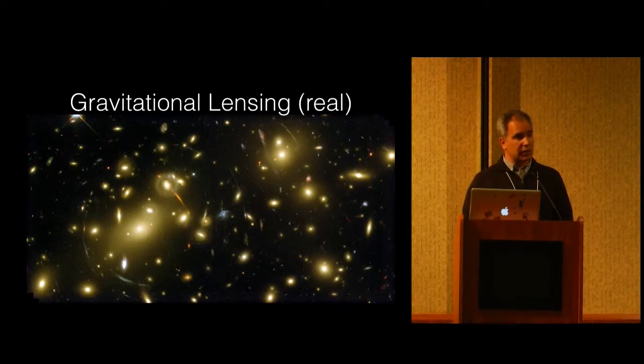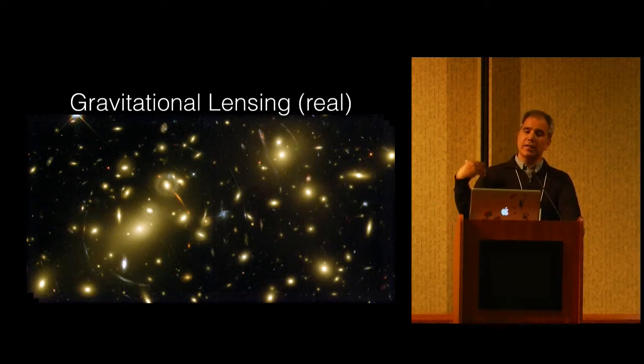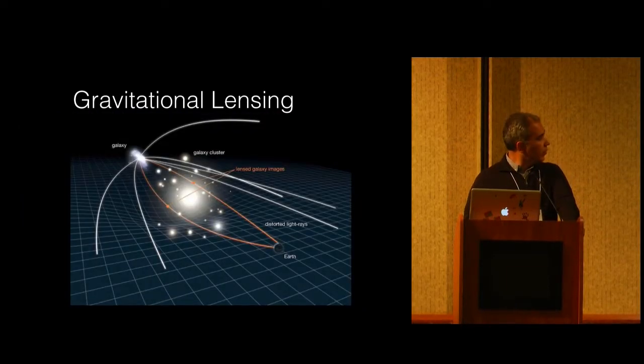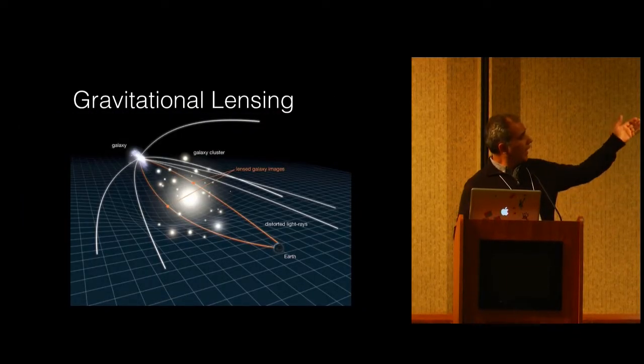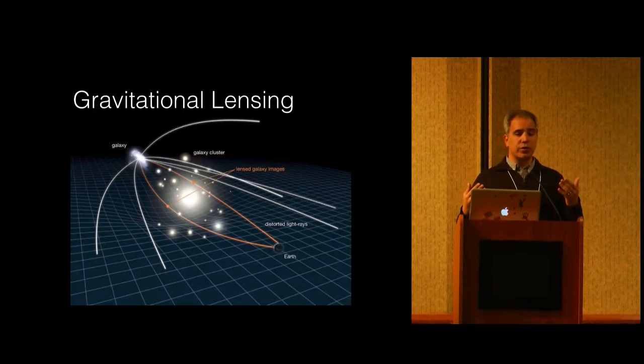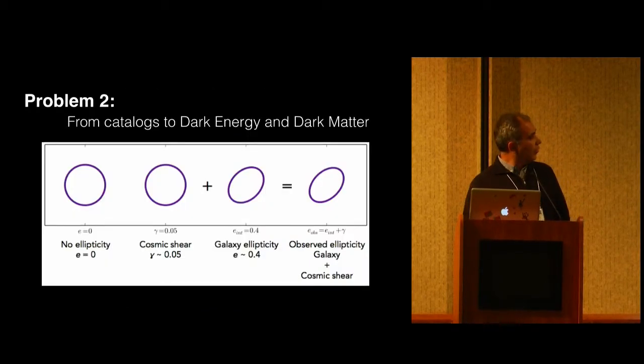Gravitational lensing, this is a real image, is the distortion by the gravitational potential of very massive objects, in this case, a big cluster of foreground galaxies. The light, as it passes through the gravitational potential, is actually bent and distorted. And this is actually what happens, right? We have a galaxy in the background that is being distorted by the gravitational potential. So we, as observers, don't observe the galaxies as they really are. We only observe them distorted. Their shapes have been shifted. This is the kind of problem that we're trying to measure.